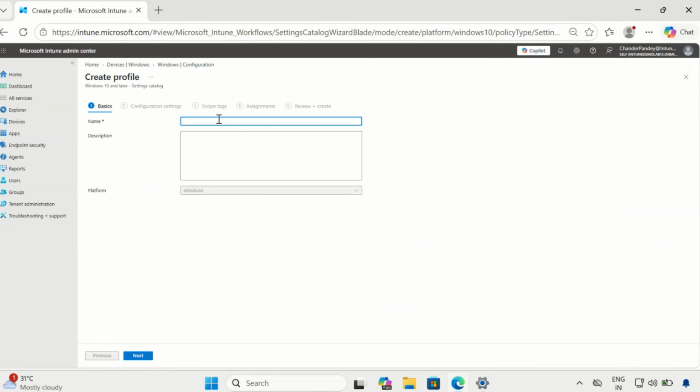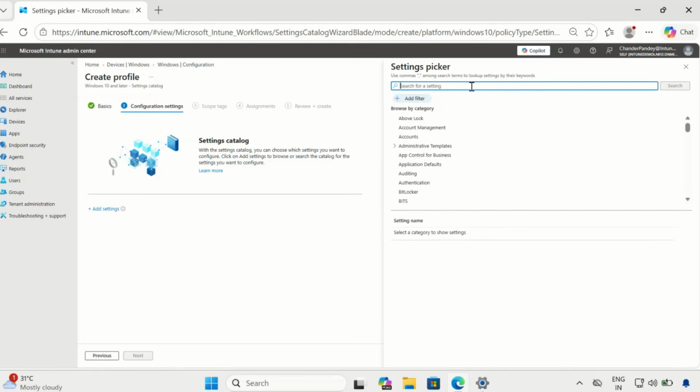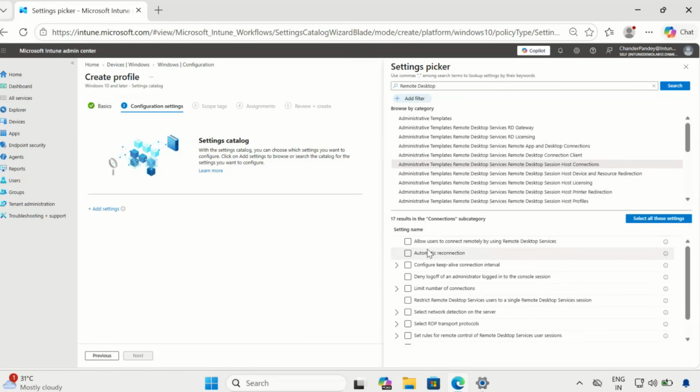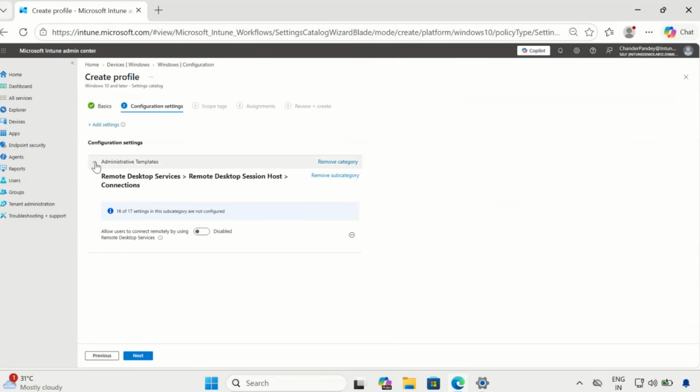Here you need to give a name called enable remote desktop, and the same thing we can also add in the description. Click on next, and then you have to add the settings, and we have to search for remote desktop and click on search. Here we have to go to Administrative Templates, Remote Desktop Services, Remote Desktop Session Host, Connections, and then select the first option, allow users to connect remotely by using Remote Desktop Services. Click on this, and then you just need to enable this setting